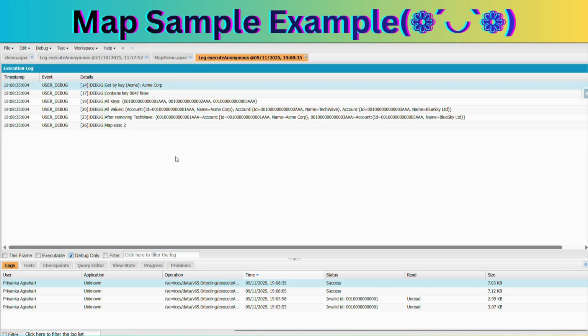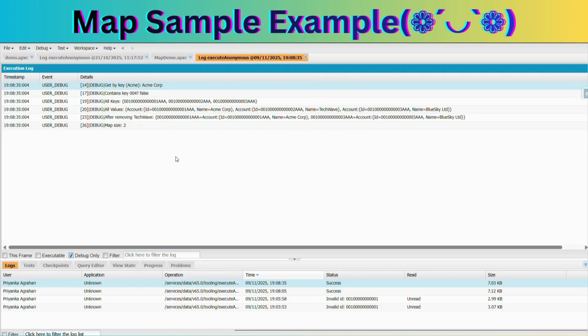First is get by key by Alchemy account, first account name, then you are checking the contains key, and it will be false because the 004 account does not exist in our account list. After that we see all keys and all values. After removing tech web we have only 2 accounts, and the final account size is 2. So here you can see all the details related to this code. This is all about the map.